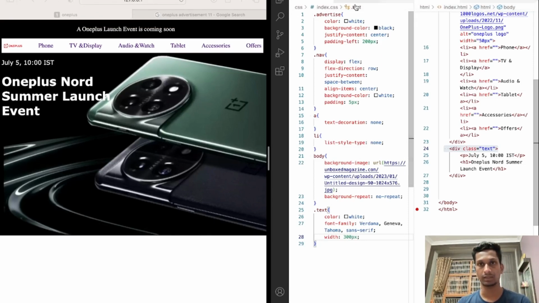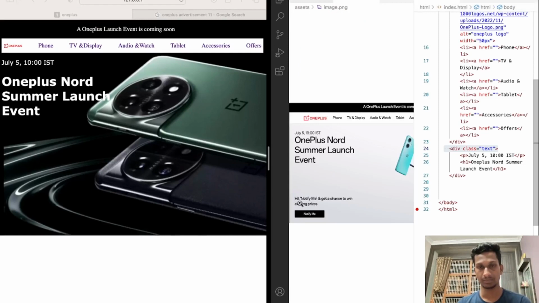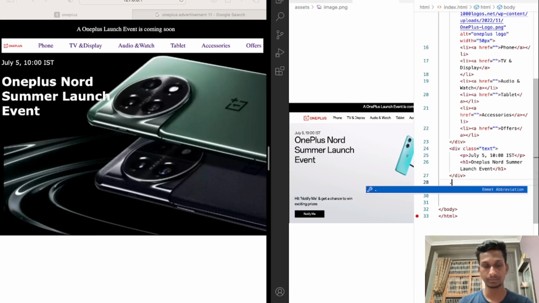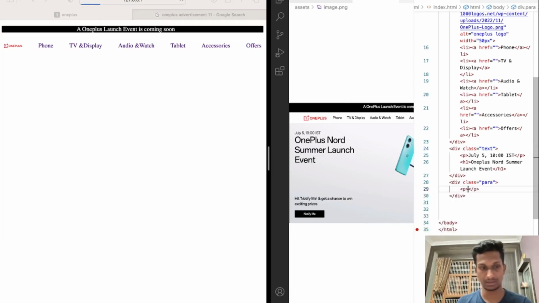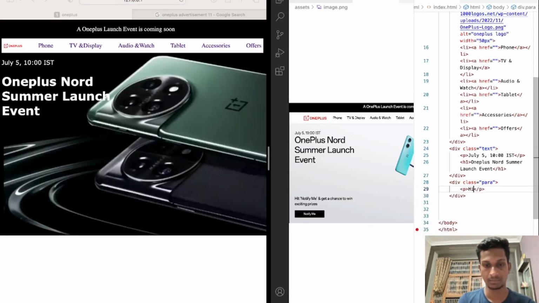And after that, in the original image, you can observe hit notify me. So another dot para, like any class name you can take, and I'm writing a paragraph tag inside it. Okay, I can write it as notify me,